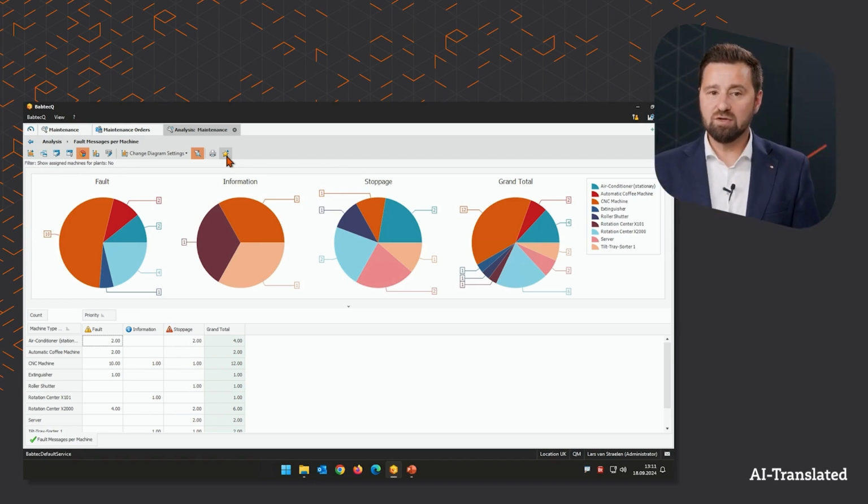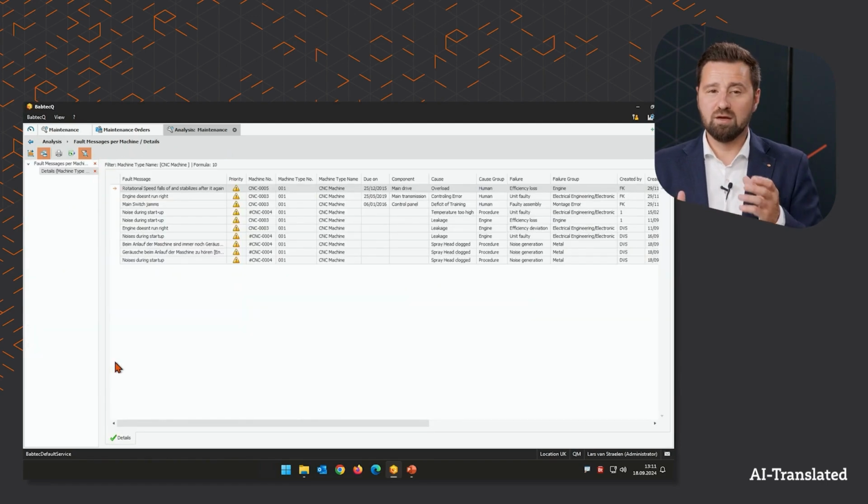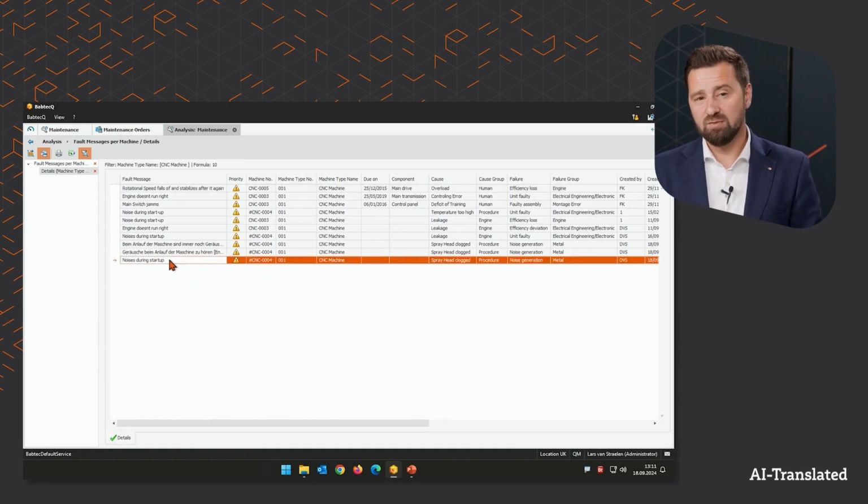So that the evaluation not only shows live data, but can also be used dynamically. Can the evaluation be used in a classic way during this monthly review meeting to also find out what things might be related to, how things are connected? That means we could take a look at the CNC machine now. It has produced a certain number of faults, and we can directly retrieve these faults from this table with a double click. Here we can see an overview of all the faults of this machine type, and the one we created today can also be seen directly down here.